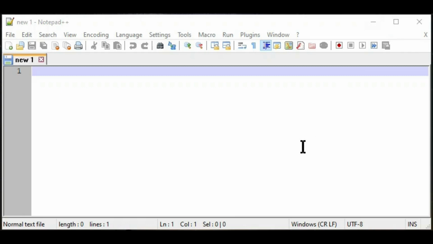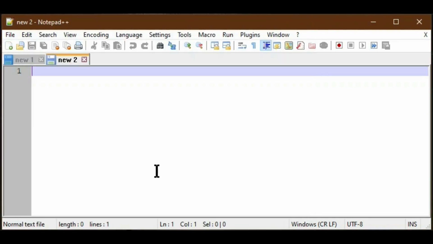Launch the Notepad++ application. Notepad++ will always open the existing file if we have already done any editing. Otherwise, it will open a new tab file. Suppose I have not used Notepad++ previously, or I closed all the files I edited previously, then it will open in the new file tab. And Notepad++ always maintains a sequence of file names, starting with new 1. Suppose I create one more new file, then it will create new 2. Like that, it will maintain a sequence for naming the file.